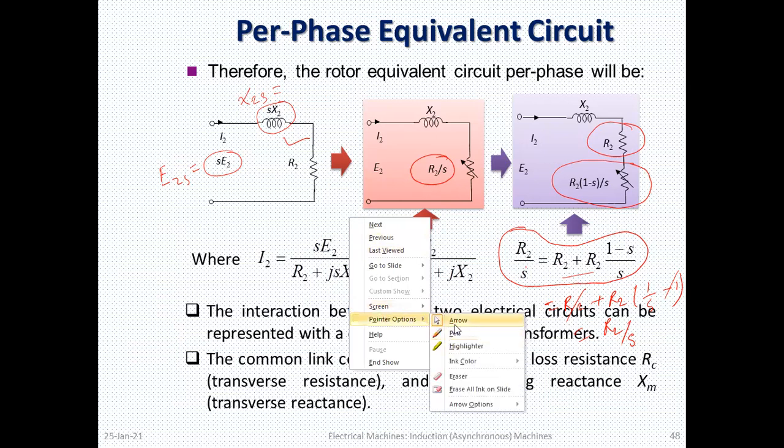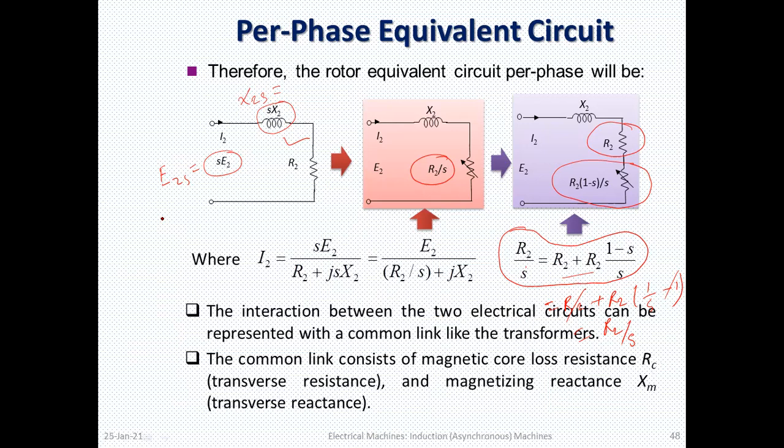This relation we have already studied in the case of the transformer. For simplicity, I am just recalling this point. As we have studied in the transformer, this value was RC and this was XM, and the current flowing was the no load current. Same thing will arise here, but we have to consider this effect. What are the effects of the core loss and of the magnetizing reactance? In the case of the transformer, we ignored them because the value of I naught was very small for the transformer.